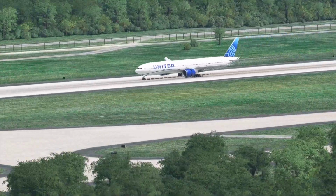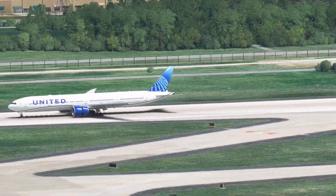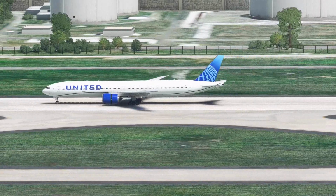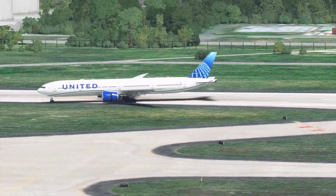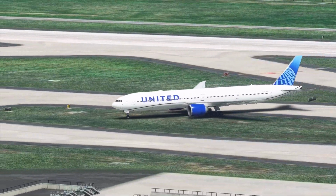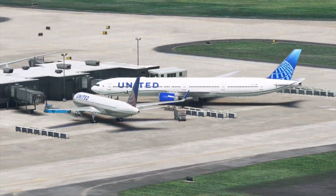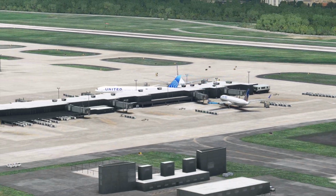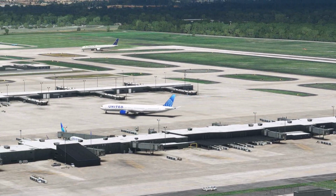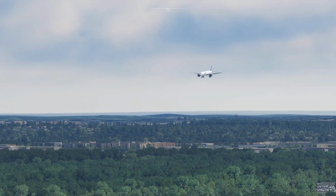United 777-300ER just touched down. Runway 1 right. And is barreling through the grass. I know you guys want to see on-time arrivals, but I don't know that that's the best way to do it. Oh, you're about to destroy the... I mean, you're after my own heart. You're destroying the crappy old concourse, but that's not how I would go about doing that. We have another United 777